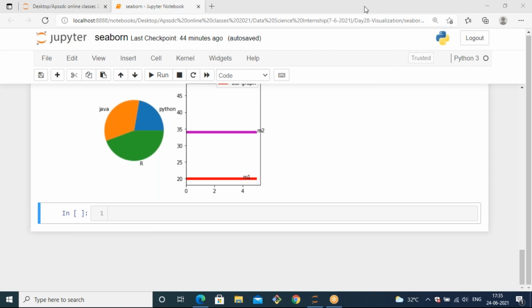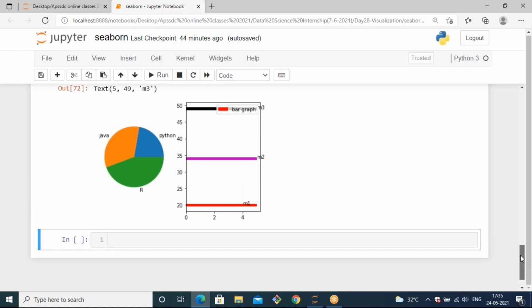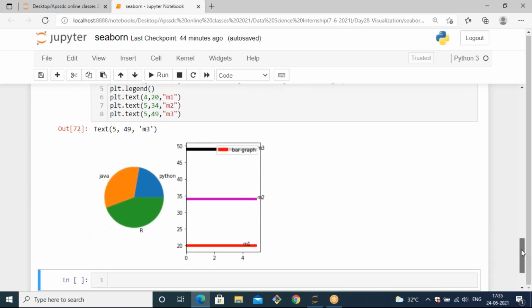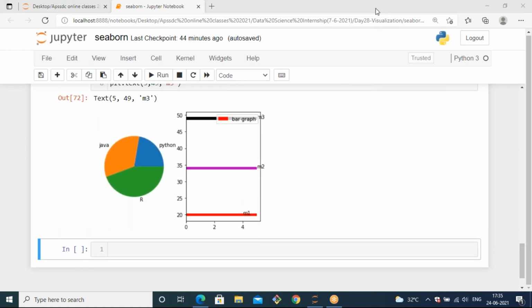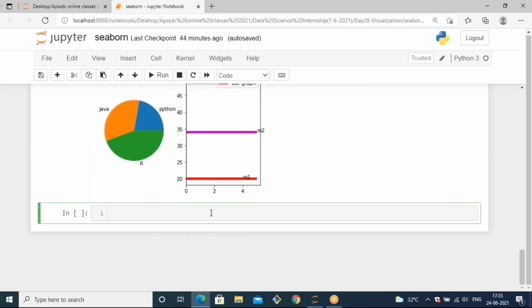Is it clear? Creating a subplot in Matplotlib. Next, we will see we have some other method of creating a subplot.